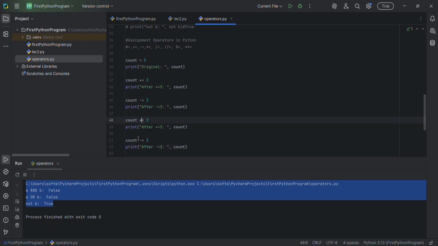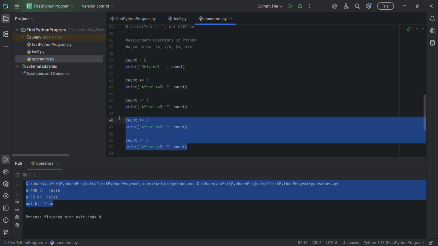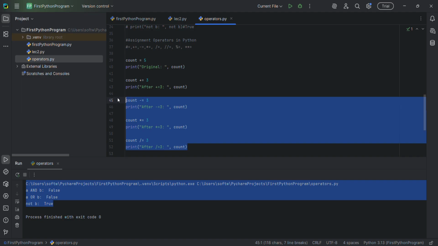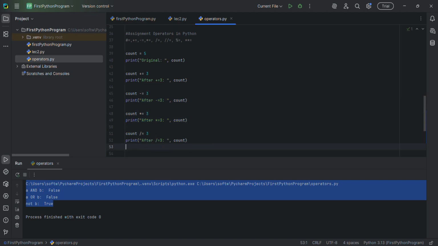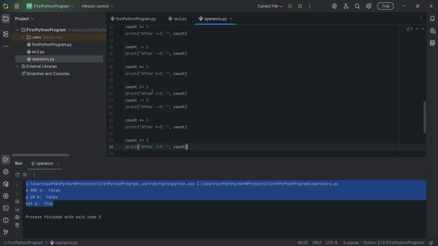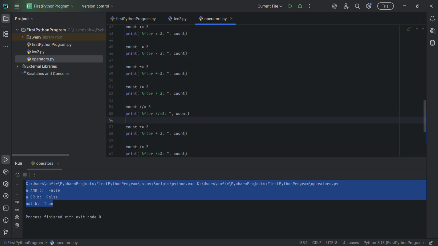So it's multiply, and it's divide, floor division, and now let's also put floor division as well, and modulus. So we did floor division, and now here is float division. Next is modulus,